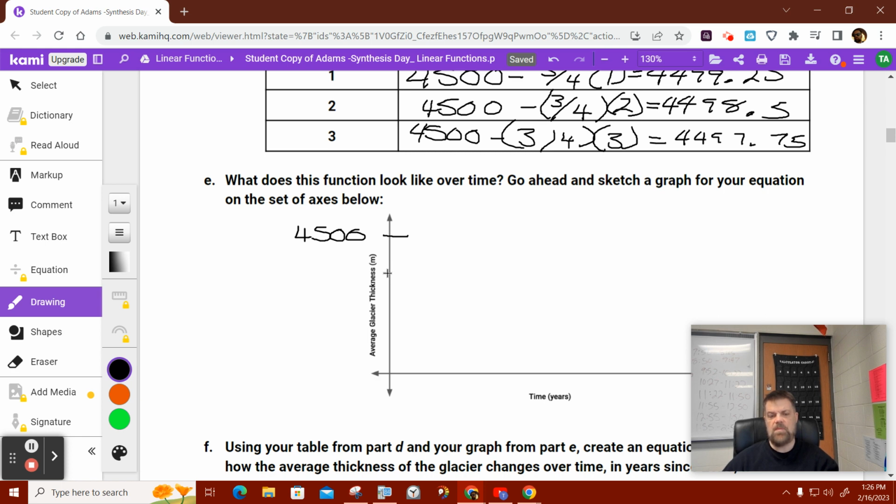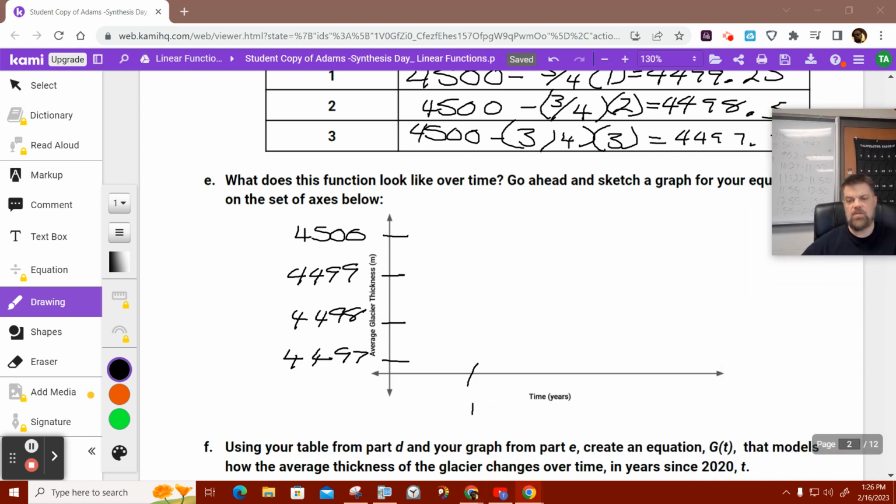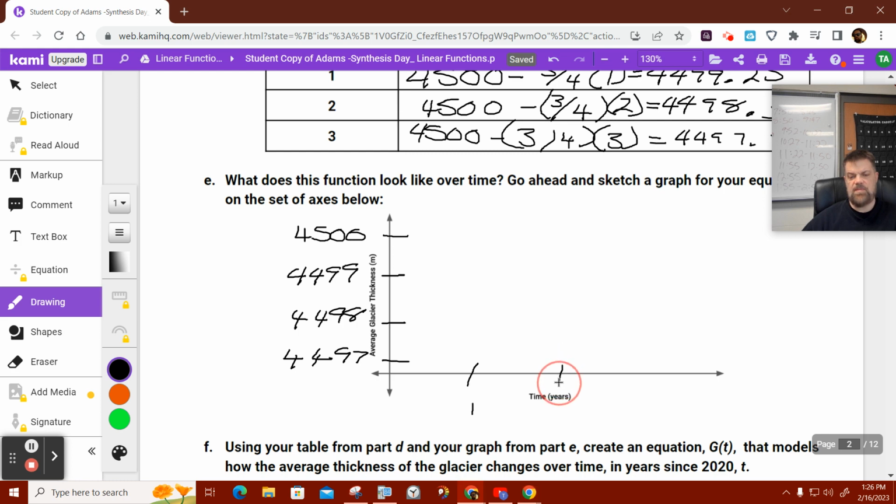So I'm gonna make this 4499. I'm going to make this 4498, and then I'm gonna make this 4497. Then over here, I'm gonna make this 1 year. Let me move my face out of the way. And about the same distance, I'm going to make this 2 years, and then the same distance, I'm going to